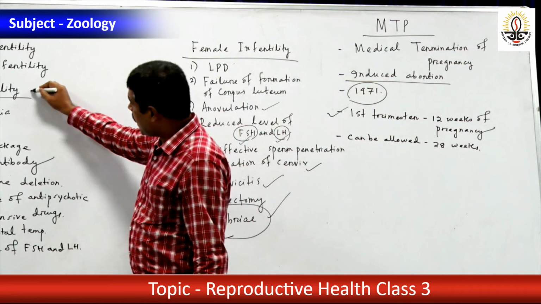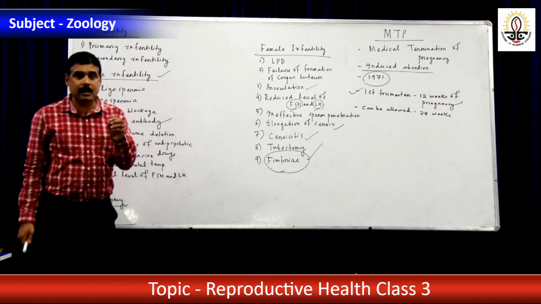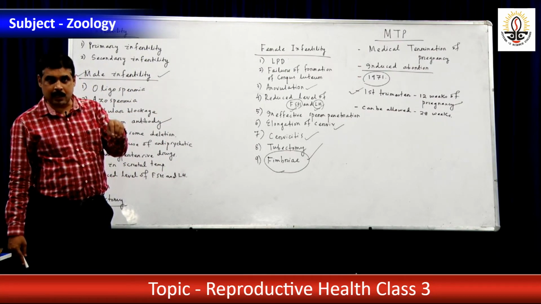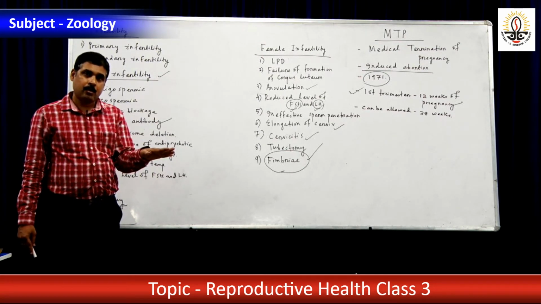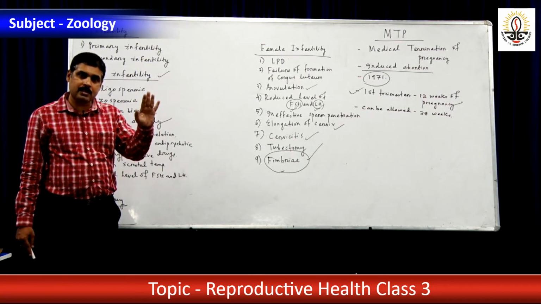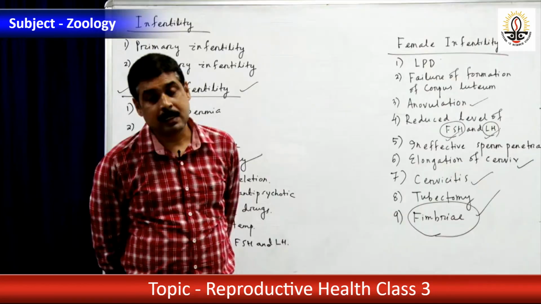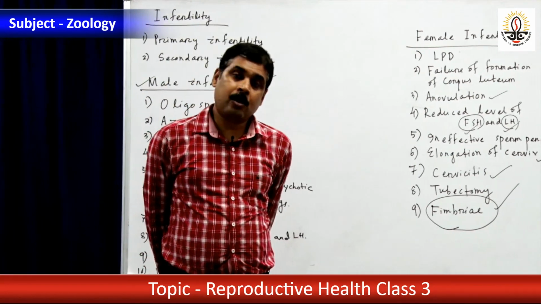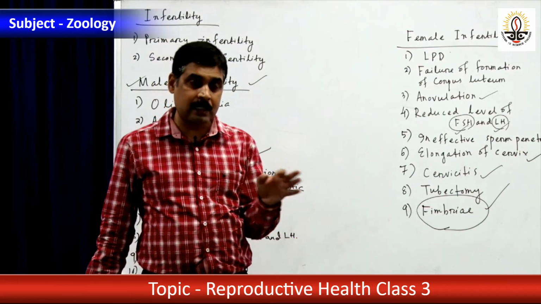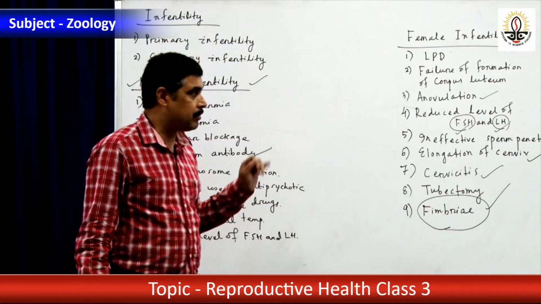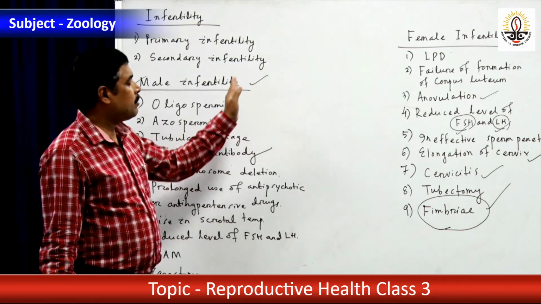Also we have to write in male infertility: impotency, that is, rudimentary sexual organ. If the sexual organ is rudimentary or there is lack of erection of the penis, coital problem is there, coitus is not possible because of the lack of penetration of the penis through the vagina, that is called impotency. It occurs due to defect in corpus cavernosa and corpus spongiosum. These are the erectile muscles present in the penis of male. So these are some causes of male and female infertility.